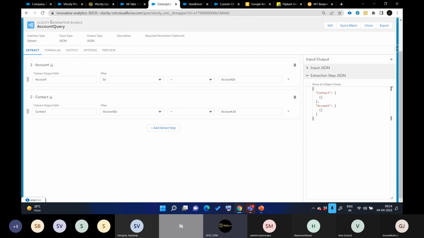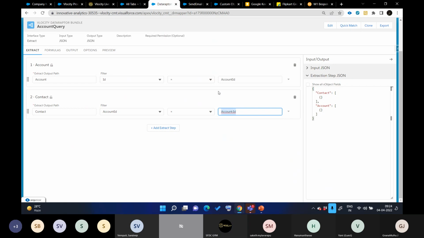Data Raptor is something like its name says, data and raptor. That means it grabs the data. Previously in Apex, you needed to create queries. You needed to write select fields from account where condition, all that, right? Here you don't need to do that. Here you simply go and select the object name. Let's say I have selected this object name. I want to add a filter on top of it where ID is equal to this account ID. We will discuss where this account ID is coming from. I have also made one query on the contact object where I said query all those contacts where account ID is this.